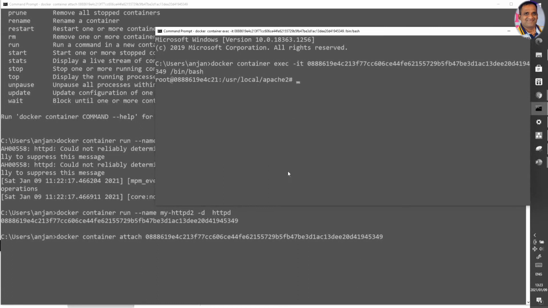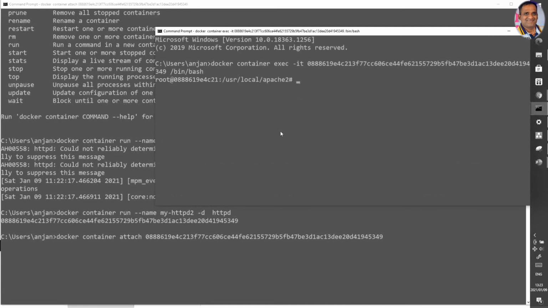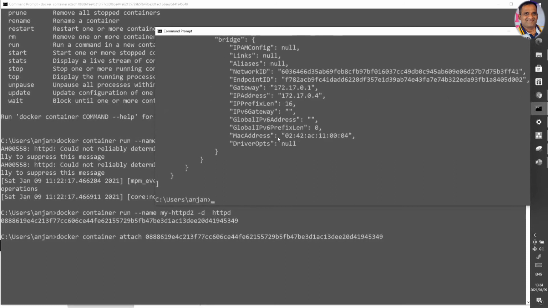Now we need to inspect the IP of the container. So first we have to exit here, then docker container inspect with the container ID.